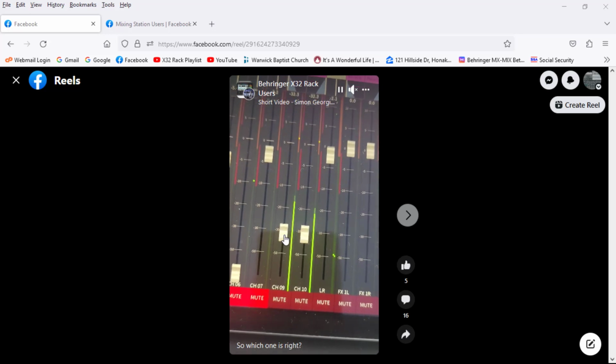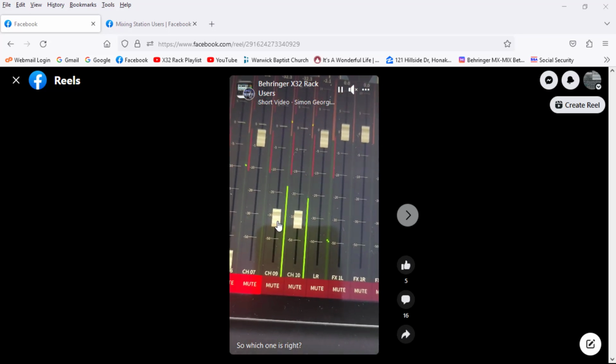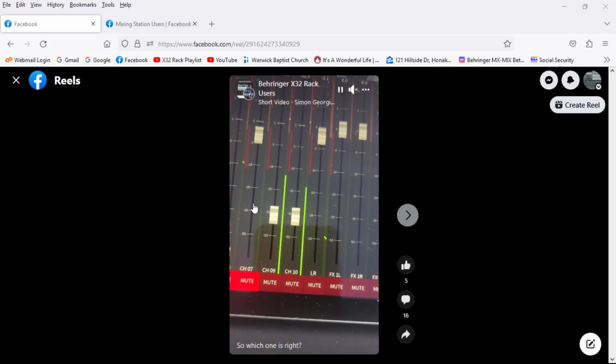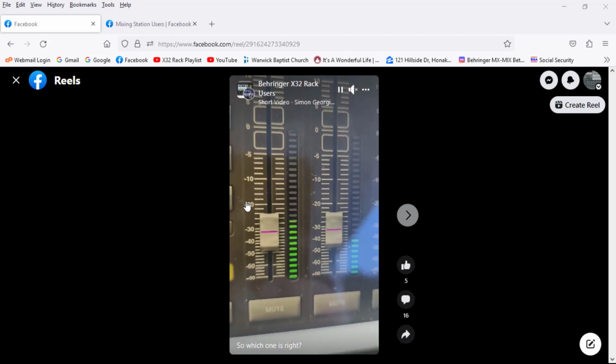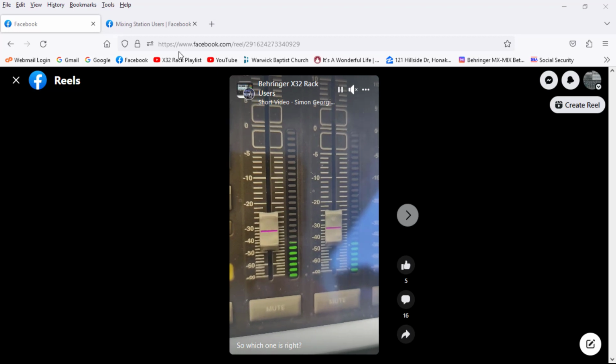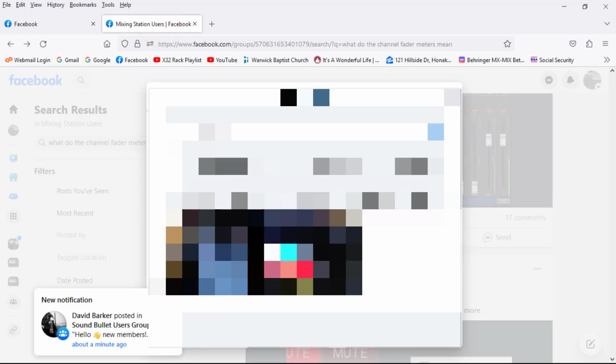Everybody says those meters are for your fader position, and that's absolutely 100% incorrect, according to the comments that are left in the Mixing Station user group on Facebook. And that's where I'm at over here. Okay, so I'm looking through here, and I did a search,